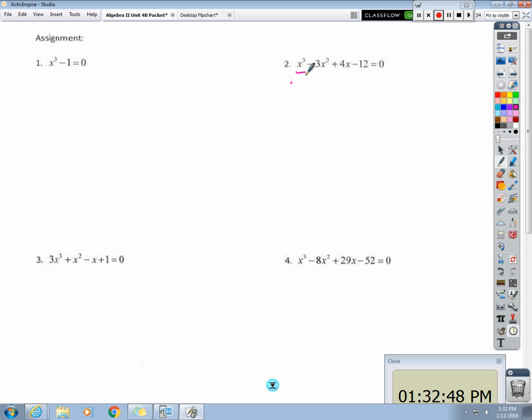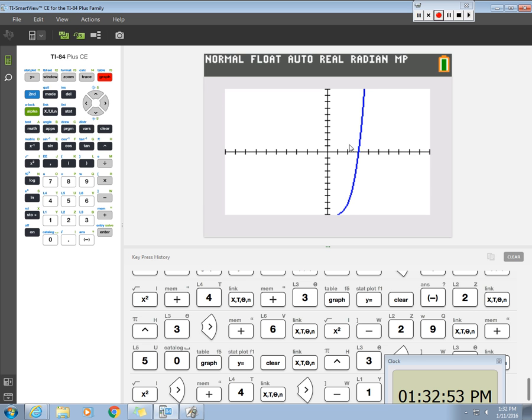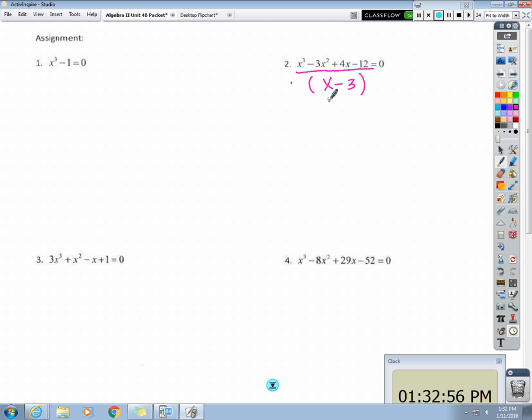Aren't we basically going to divide the original polynomial by x minus 3? Because it crossed at positive 3. So we're going to divide the polynomial by x minus 3. But when we divide using synthetic division, what is it in the box? Positive 3. And then what does all this become? Right? Okay, so what do I do first? Okay, and then right? Okay, then that multiplies by the 3,